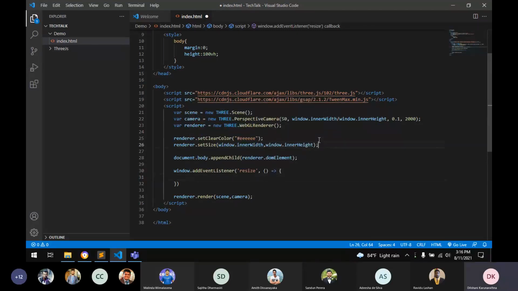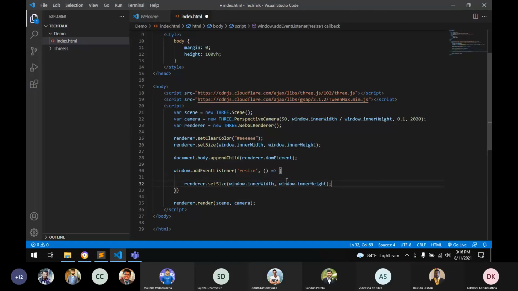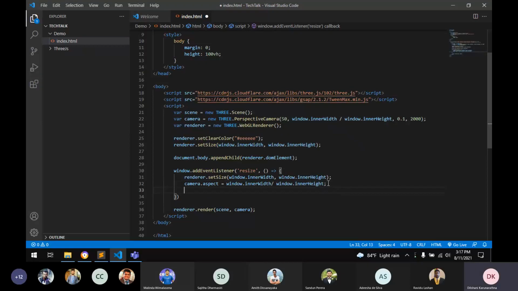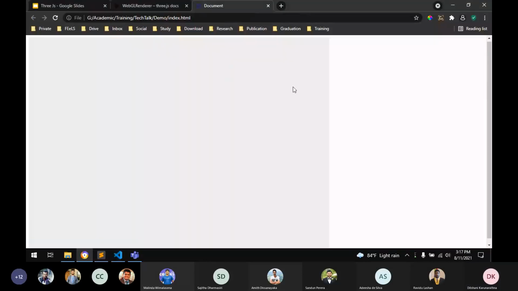Set the size, the camera aspect ratio, and then we need to update the projection matrix on the camera when an adjustment is made. So it looks fine now.